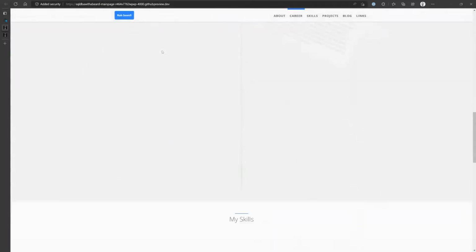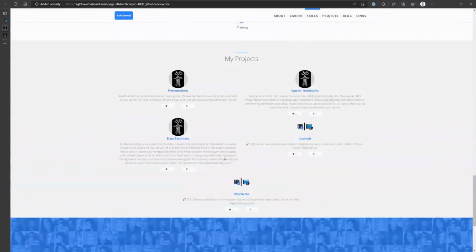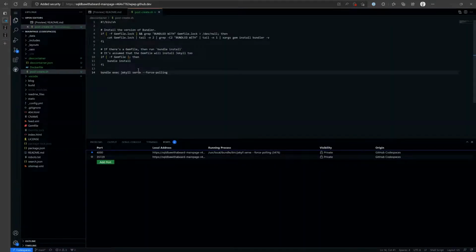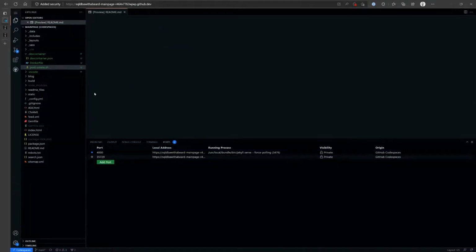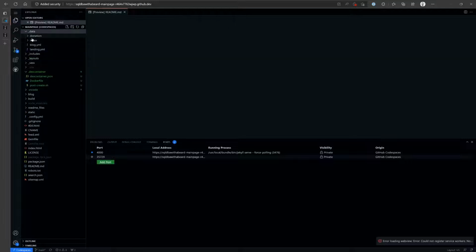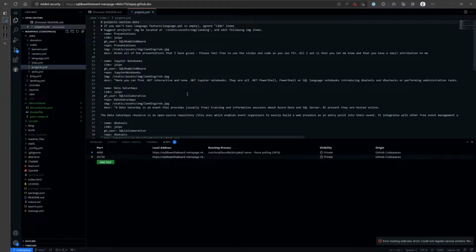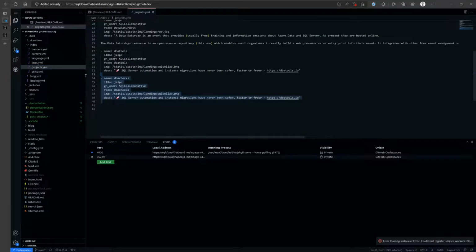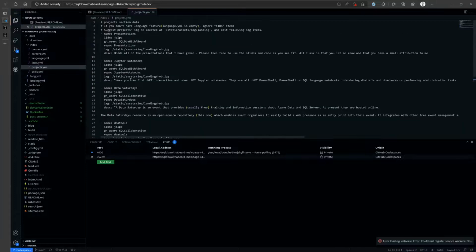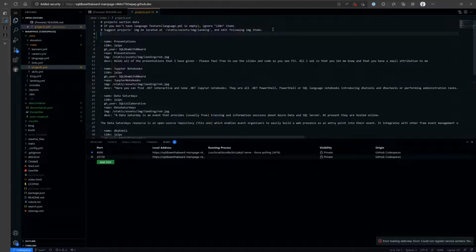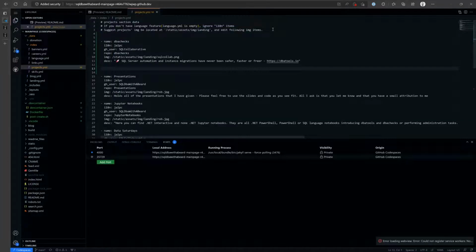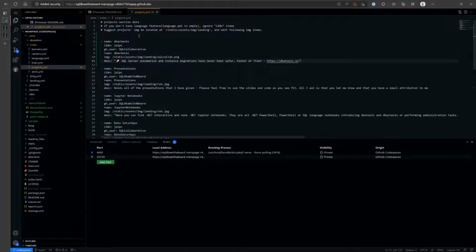We come down to the bottom. There we go. Our projects are the other way around. Well, maybe we want to have the projects in a different order. So we'll have a look, find our data and index and our projects. There's DBHX. So we'll just cut that, and you know what? Let's just put it up at the top. It's the most important project for today. We're going to put DBHX up at the top. And